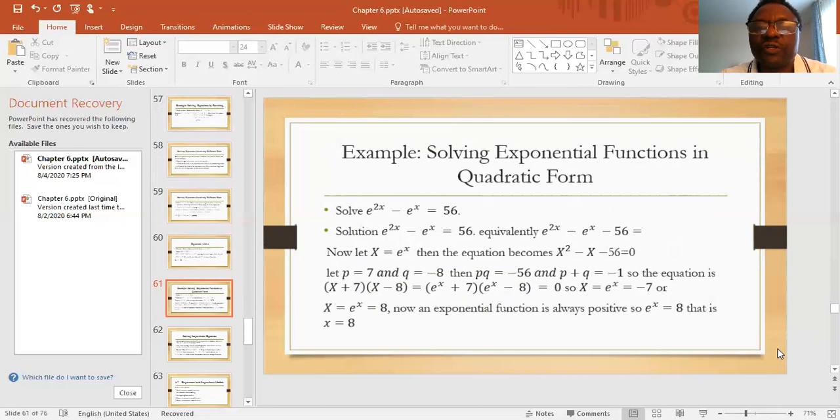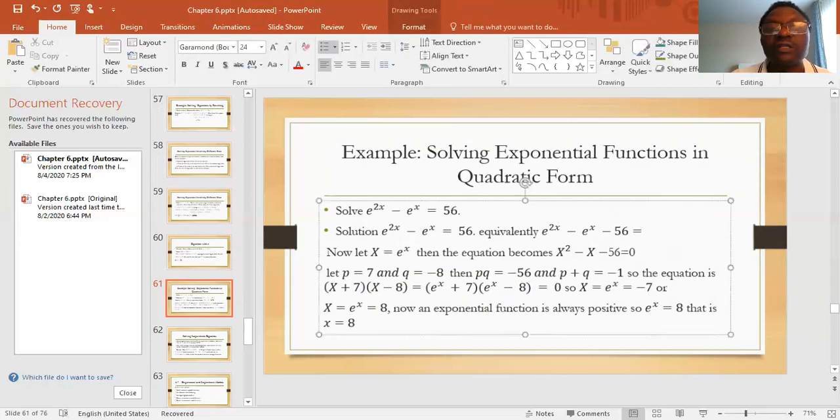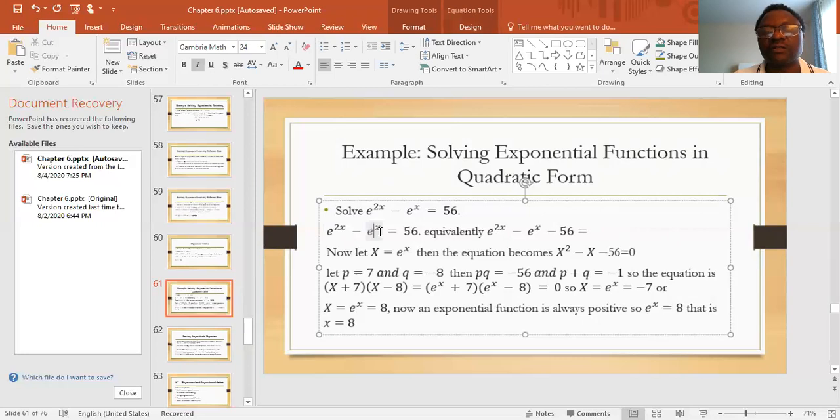Suppose we have an equation like e to the 2x minus e to the x equals 56. So we will observe that this equation looks like a quadratic equation because the unknown term is e to the 2x minus e to the x. It looks like e to the x squared minus e to the x. So I will set capital X equal to e to the x to transform this equation into a quadratic equation, observing that